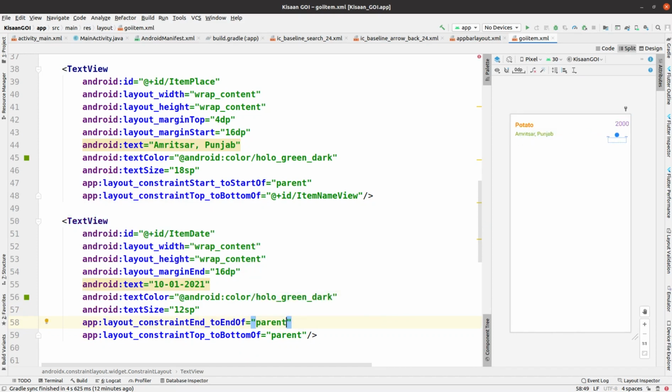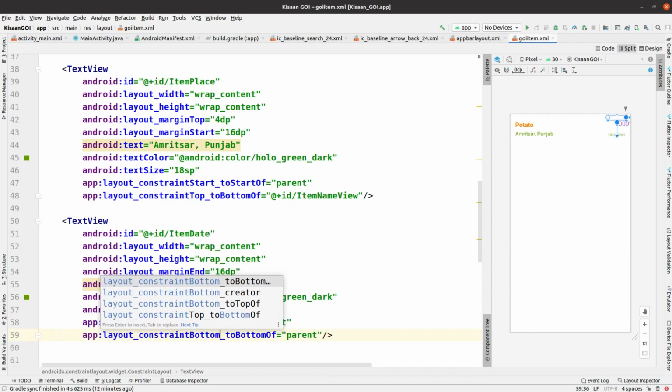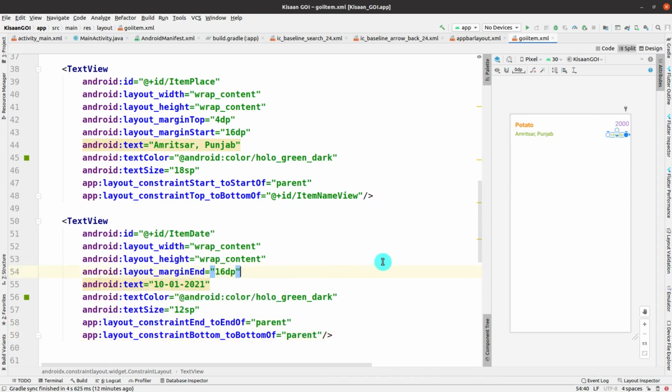So it is being added here, but it is not visible, and it is due to, let me check out what is stopping it there. Now it is okay, so I had added something wrong, like bottom to bottom of. Now it is visible, you can see on the right side of your screen.